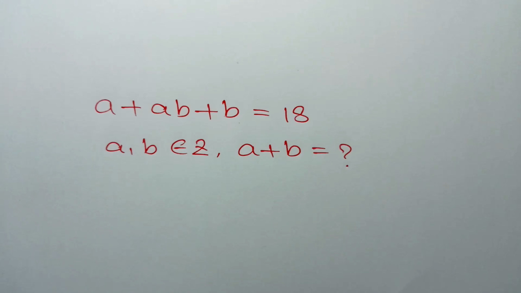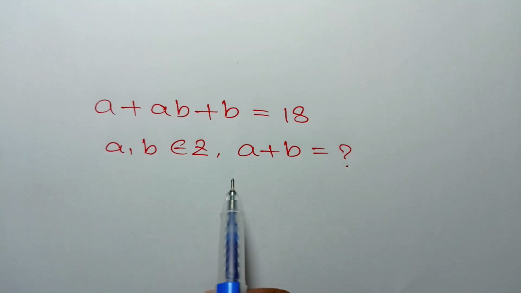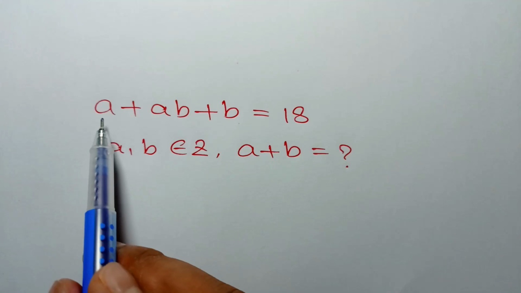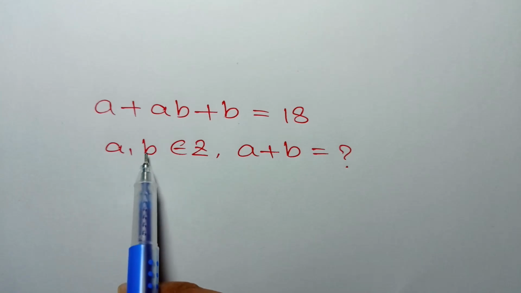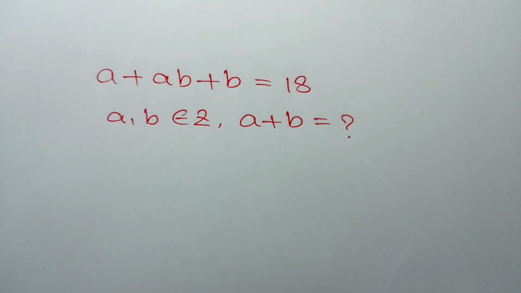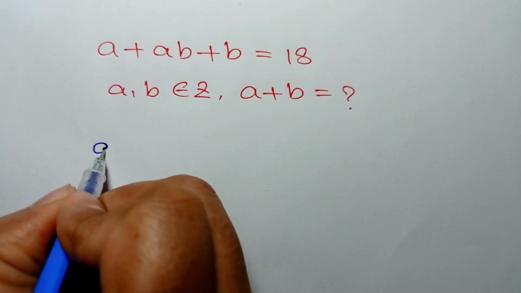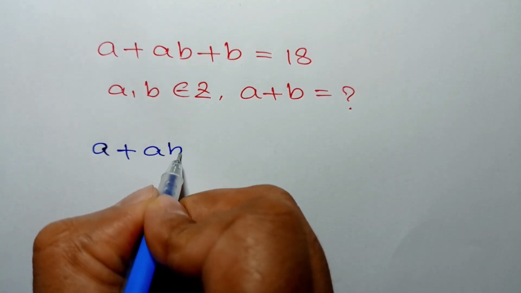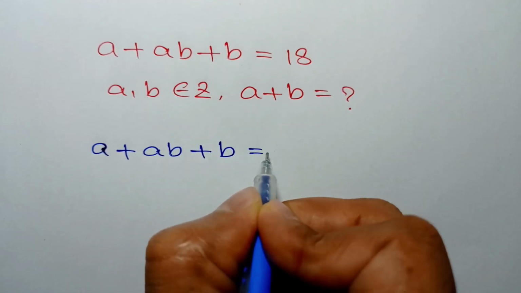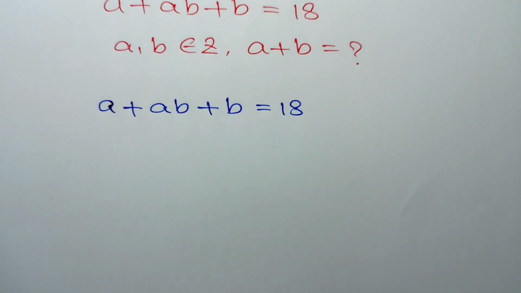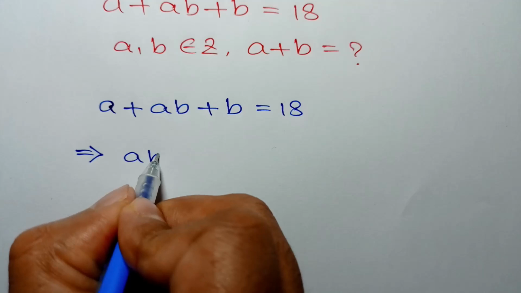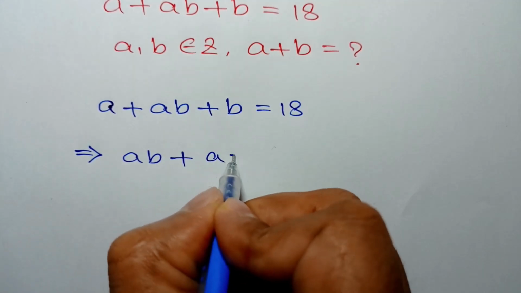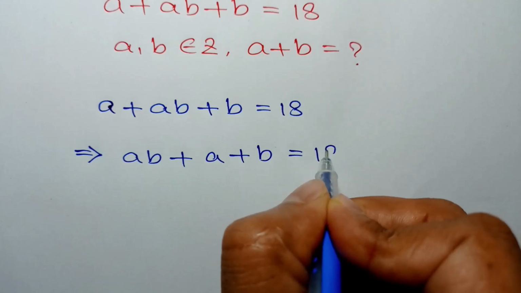Hi everyone, in this video I am going to show how to find the value of a + b, where a + ab + b is equal to 18 and a and b are integers. Now we have given a + ab + b = 18, or rearranging the left side we can write ab + a + b = 18,